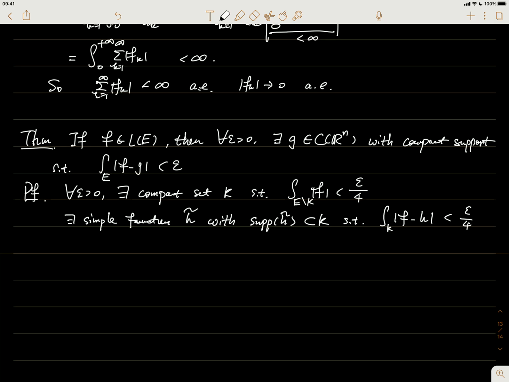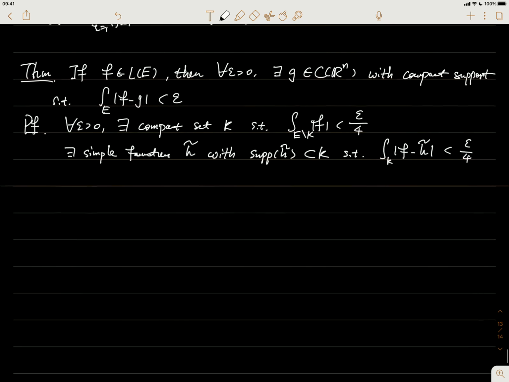And this is because, by the definition of the integral of measurable functions, we can use that it is taken as the supremum of the integral of the simple functions, where the simple functions are bounded above by the function f, right? So we can just choose such a simple function h tilde so that its integral is close to the integral of f, which is the supremum of the integral of the simple functions. Right? You can do this. Just recall the definition for the integral